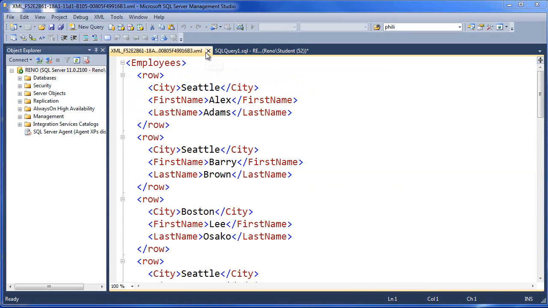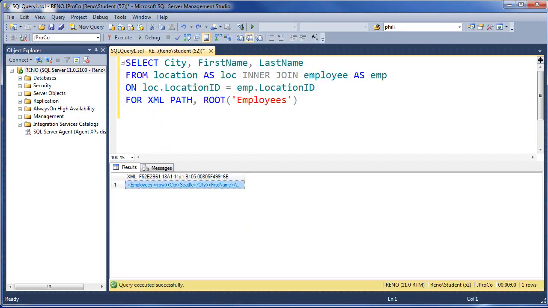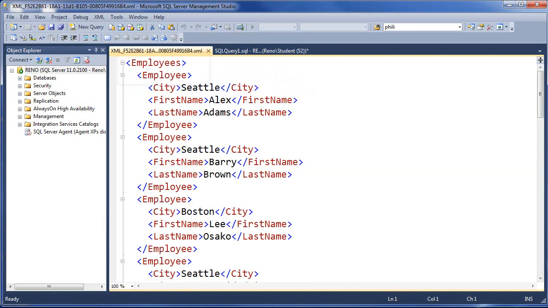Okay, let's close this. What we want to do is we no longer want the rows to be called row. We want to give it our own name. We want the employee row to be underneath the employees root element. So let's run this, take a look, and notice we have the employees root, and each top-level node is called